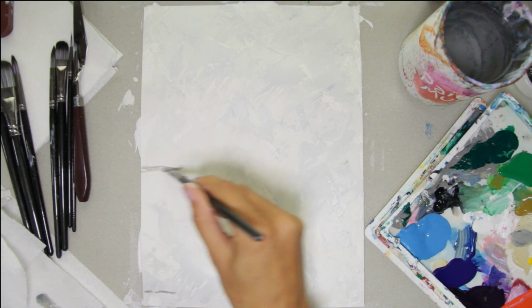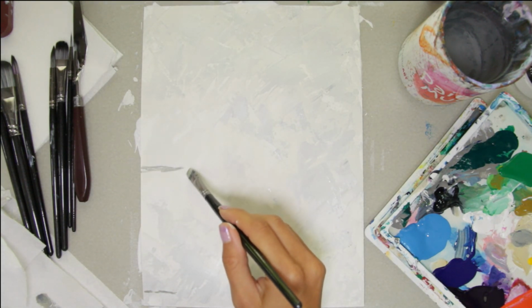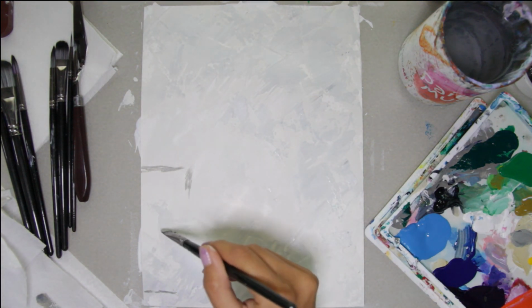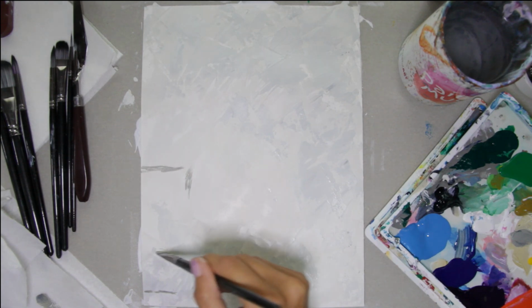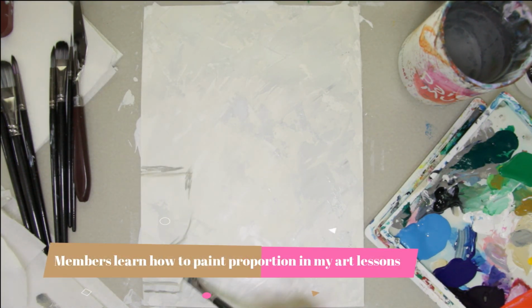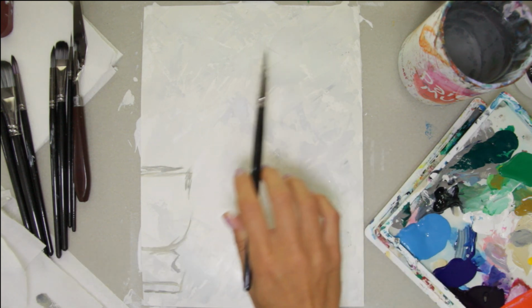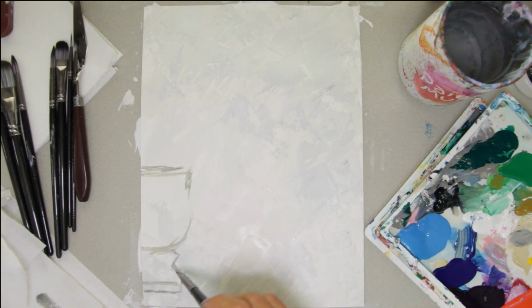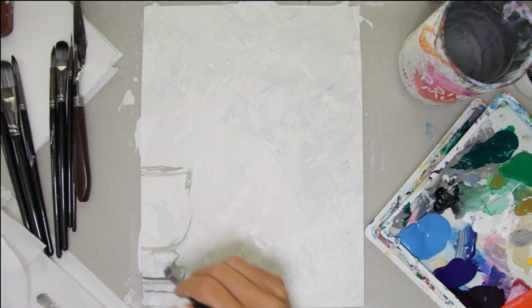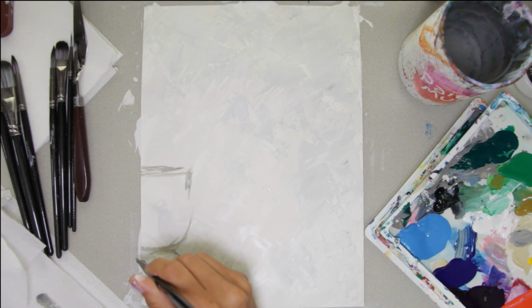So I'm just going to take this and look at the shapes. And this helps me with proportion too. Sometimes I like to think of the vanishing points and stuff, and I have a lesson on that. So I will check my angles, give this more of a shadow, and then there's more of a shadow right here,